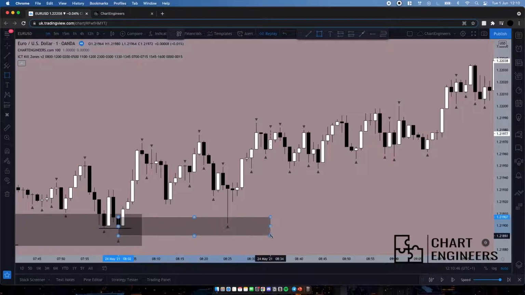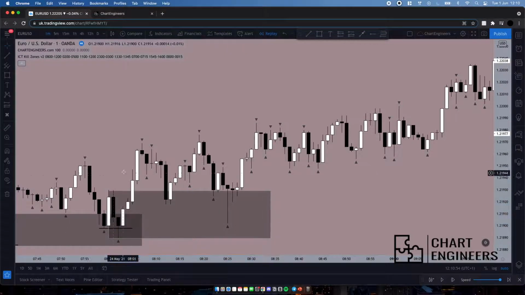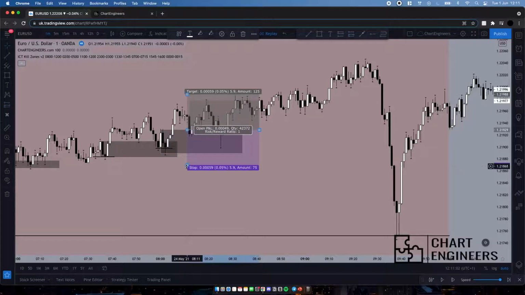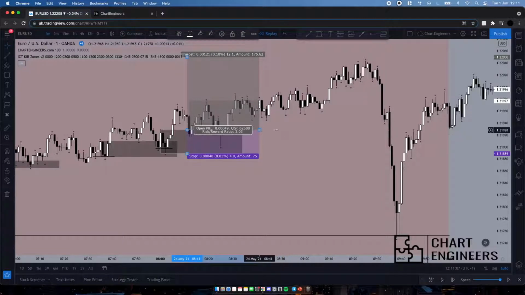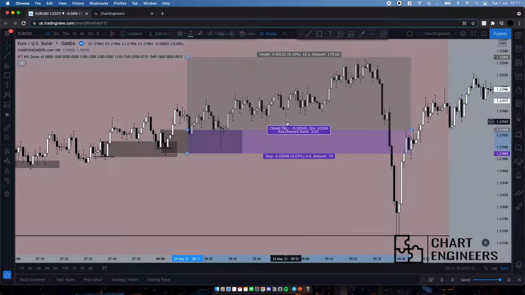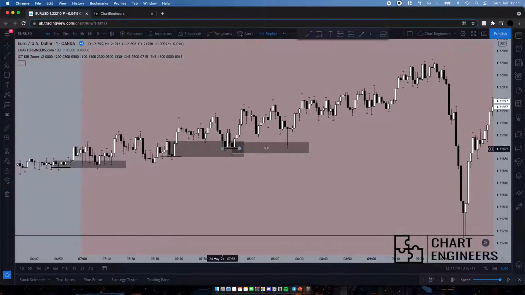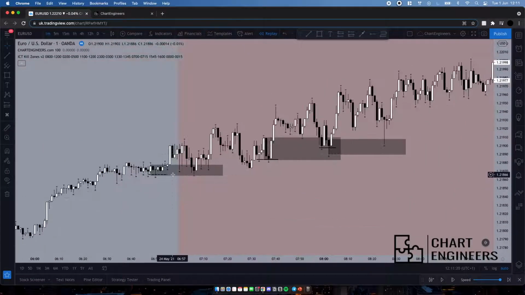So here, another raid candle entry, would have got tagged in and price just flew off. And then your breaker zone entry also would have hit TP, I think. So here's your entry. 4 pips. Yeah, you wouldn't have hit TP on this one. It would have been a break-even trade. But if you use the raid candle, you would have got TP again. So that's 1, 2, 3 trades hitting TP using the raid candle instead of the breaker zone,